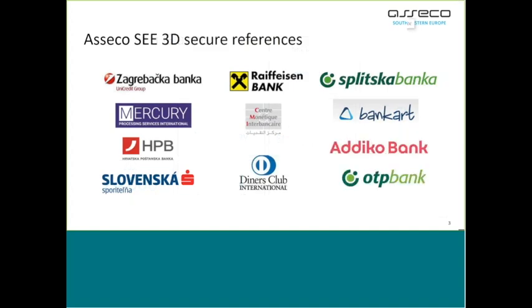The current 3D Secure version was introduced back in 2001, and it wasn't significantly improved until a new version was finally released in 2016. This new version 2.0 or 2.1, since we already moved further to this version, is a fully new protocol, not backward compatible with version 1, and it is significantly enhanced. The final goal of this presentation is to see how to deploy this new protocol and provide a frictionless user